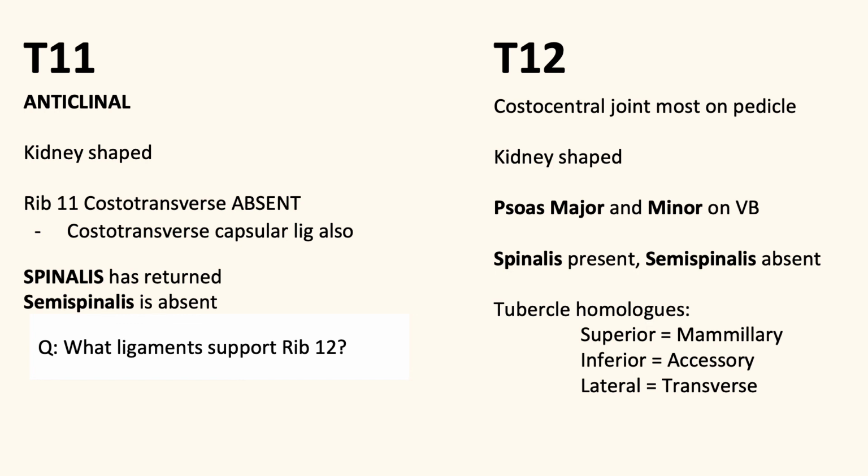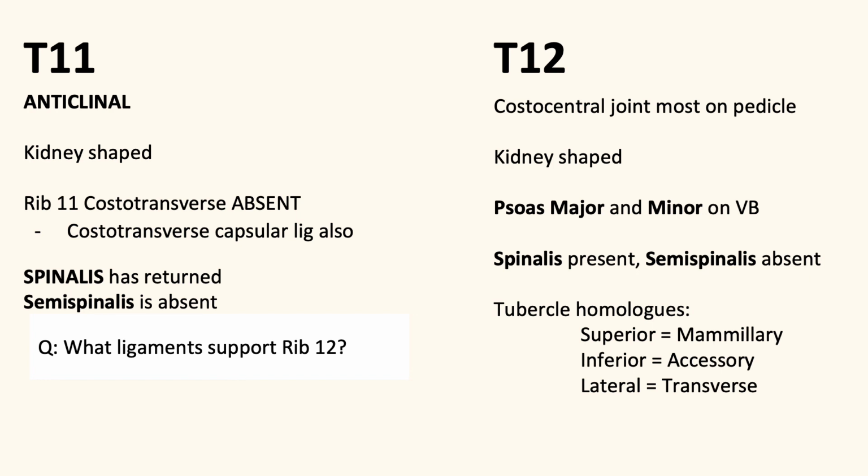Okay, so we'll talk about T12 real quick. So the costocentral joint, remember that's shifting downwards and further back as you go down the vertebrae. So it's going to be pretty much on the pedicle. The muscles that you want to know about this, the psoas major and minor, those are going to be on the vertebral body. The spinalis is present, the semispinalis is absent,